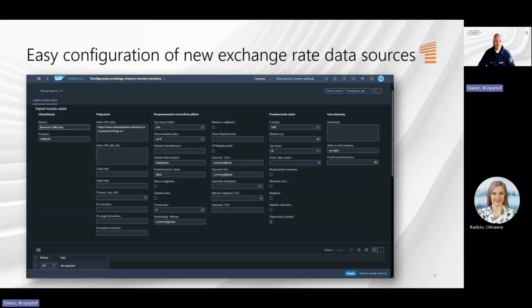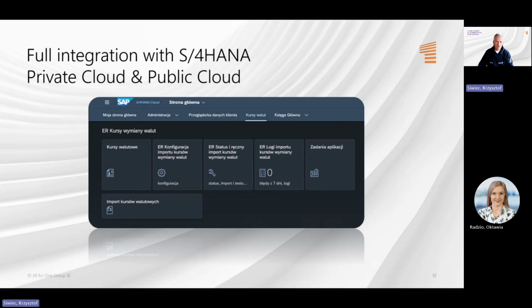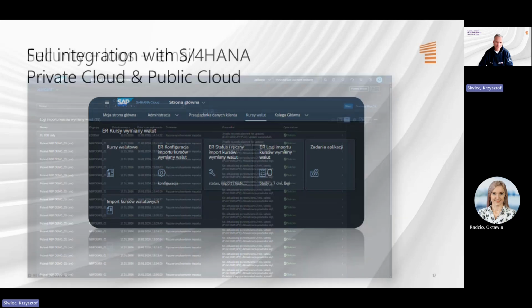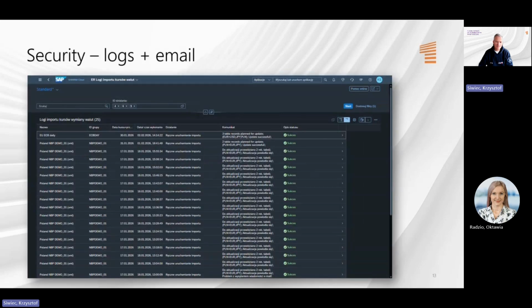Okay, and as I said, the configuration is quite easy, and Easy Exchange Rates nicely integrates with S4HANA Fiori interface. So we have this nice tiles and application that can be used by the end user. And of course, the security is based not only on logs, what I have shown you, but also on emails.